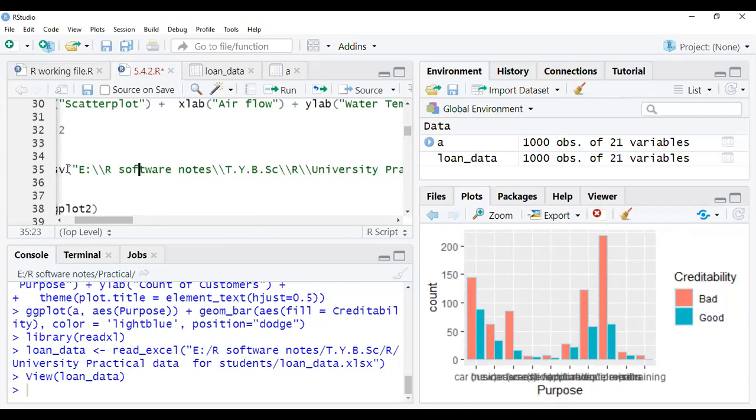Now, from where can you get this path? That is a very important question. Let me see if I'm able to drag that file or not. If I drag it, if possible, then